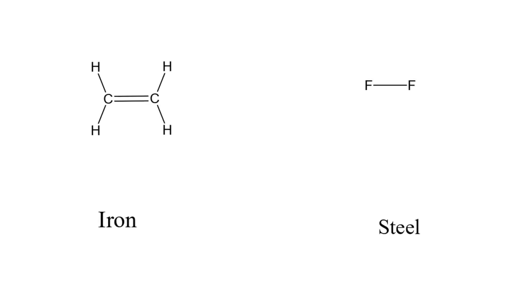Next, I'll be going over a few example questions, and then finally an exam question on this topic. Here I have 4 elements or compounds. Please pause the video and answer. Okay, first up was ethene, which is a compound, a mixture of carbon and hydrogen. Then there was fluorine, which is an element. It contains only fluorine atoms.